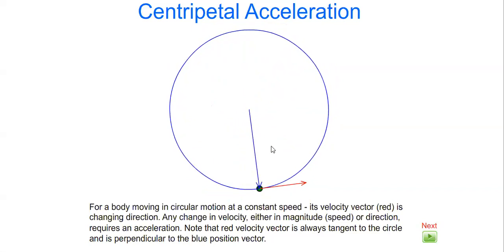The blue arrow represents the radius to the center of the circle, or if you want, you can call that the displacement vector, because just like this little green mass, it's constantly moving into a new position. And so therefore, it's going to experience a displacement as well. So if I continue this on,